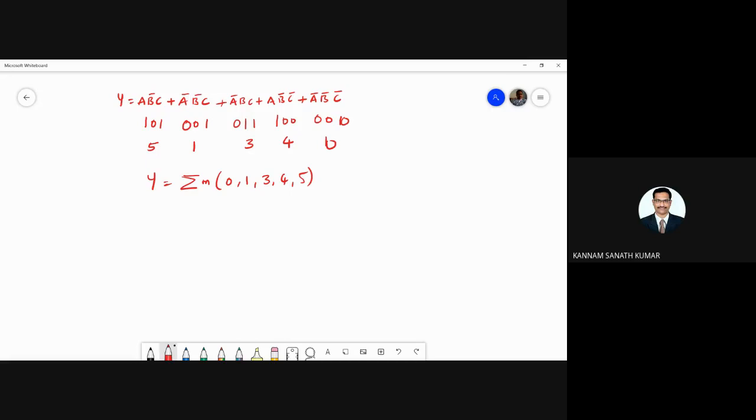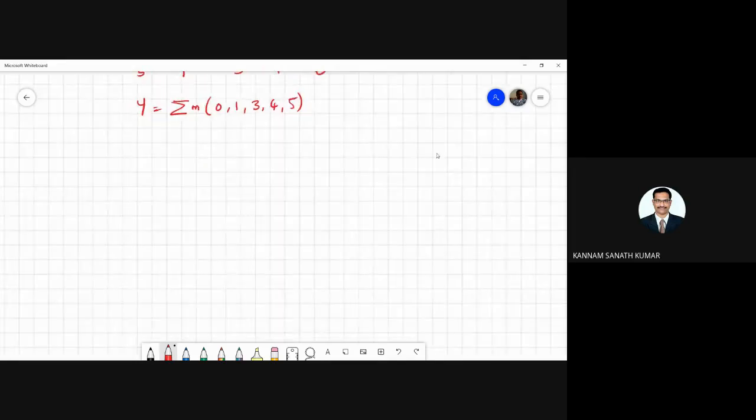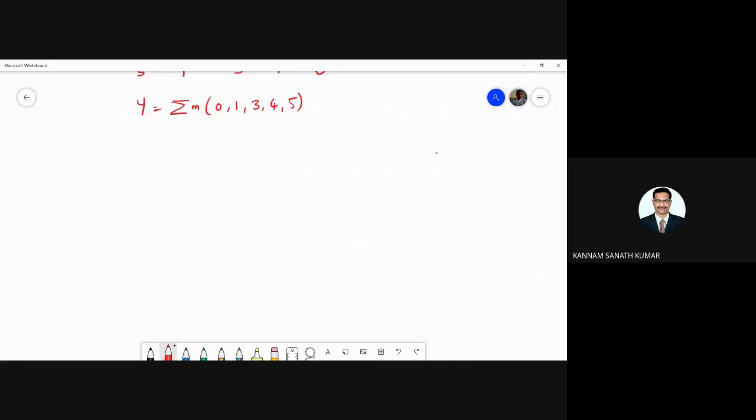Like this you can write. Now coming to the K map. This is a three variable K map, so you should draw 8 cells.